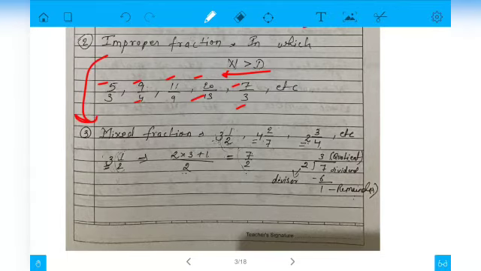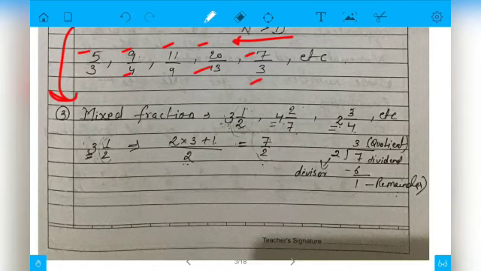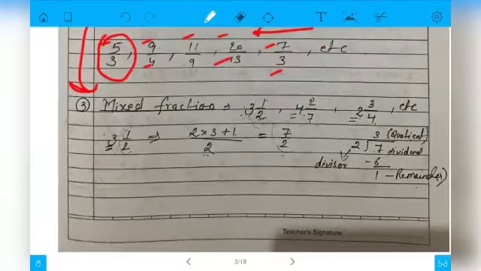Now we also have to study like fraction and unlike fraction, because these are also parts of fractions. But before that, we will study how to convert an improper fraction into a mixed fraction. Like, if I take this number, 5 by 3, and I have to write it in mixed form, how will I write it? I will just divide 5 by 3.